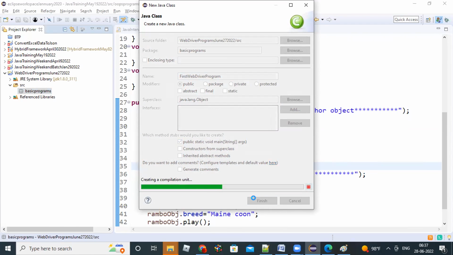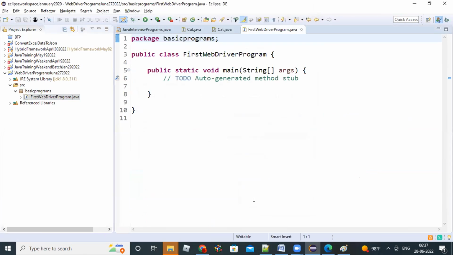The one class we created is now under the package. So first, what is the one I told you? You have to set the Chrome driver.exe path. So where you kept that Chrome driver.exe file, that path you need to set it. Set the Chrome driver.exe file path using